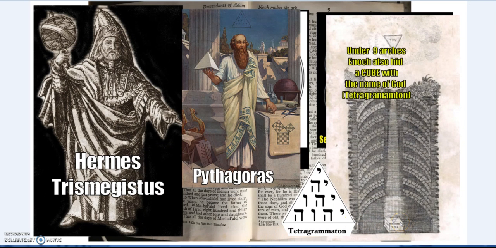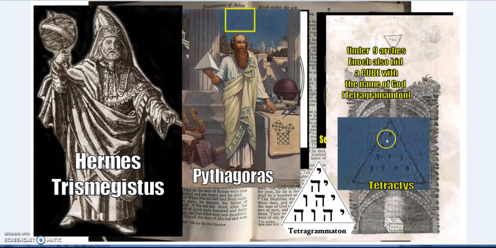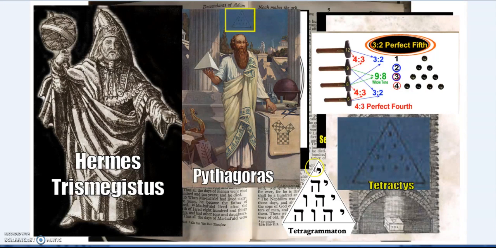Now, Enoch also, on the cube, he had the Tetragrammaton, the name of God, which is 1, 2, 3, then 4 letters, just like the Tetractys of the Pythagoreans. 1, then 2, then 3, then 4, which has other aspects connecting 33 and 288. I did that in previous series, but this same Tetragrammaton, or the Tetractys, also incorporates this musical knowledge as well, the 2 to 3 and the 3 to 4, the 1 to 2 as well for